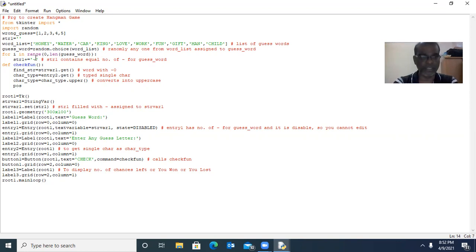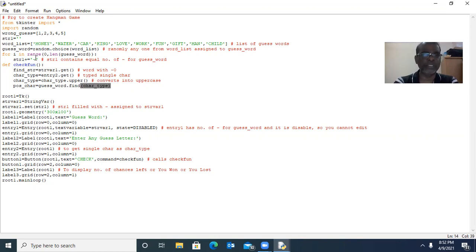POS is a variable you want to define. POS, position of char, that's equal to guess word dot find char type.